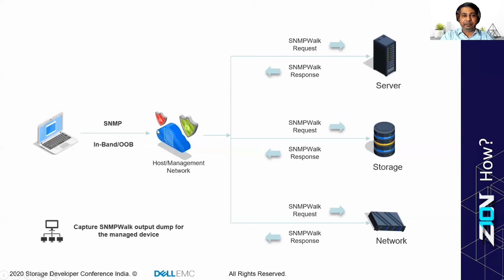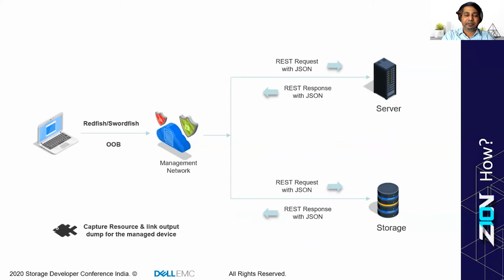Thinking about SNMP, which is typically used for network devices, it could be in-band or out-of-band. What we've tried doing is be able to have an SNMP walk done on either the server, storage, or the networking devices, and be able to store that in a specific format. And then when we have it created as a simulated device, we have those specific OIDs brought back from this SNMP and then responded the way a typical SNMP agent would respond for any SNMP queries.